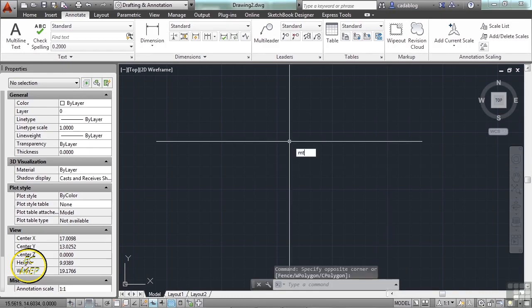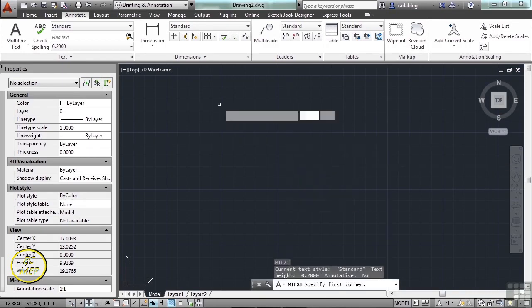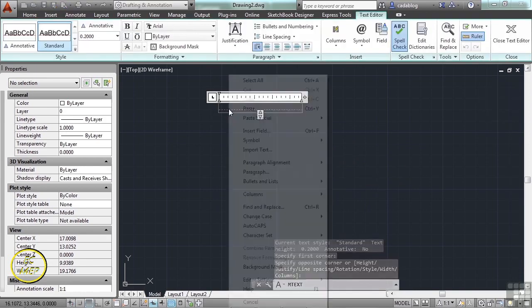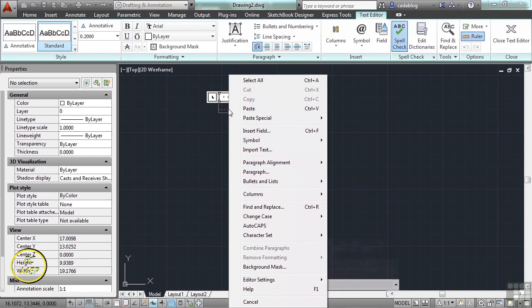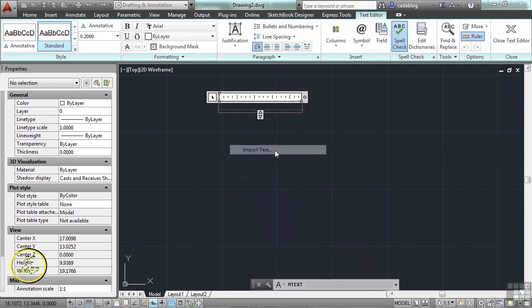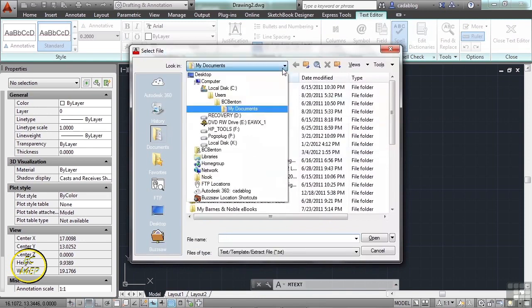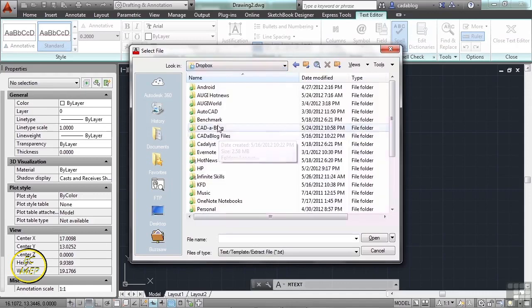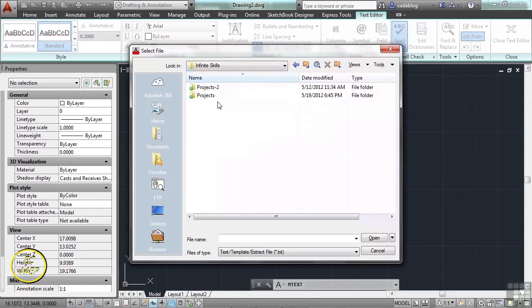If you start the MText command, pick a box anywhere, it doesn't really matter. Then right-click inside the box. Now you want the Import Text option. Browse to the folder where we're working. And insert the